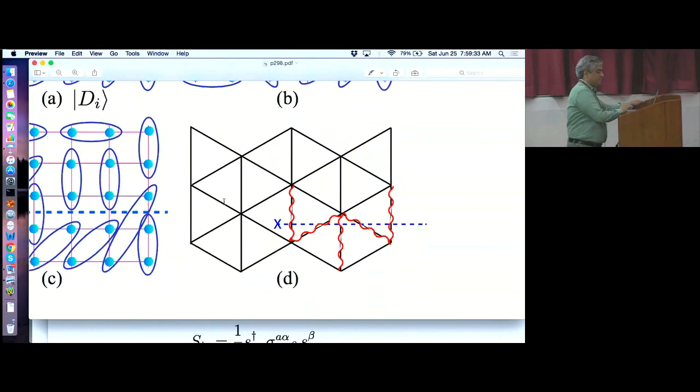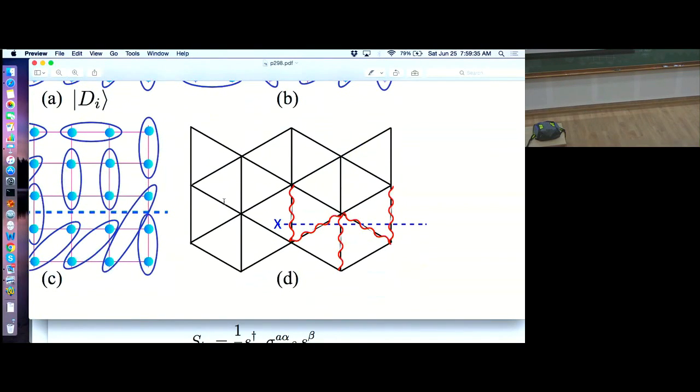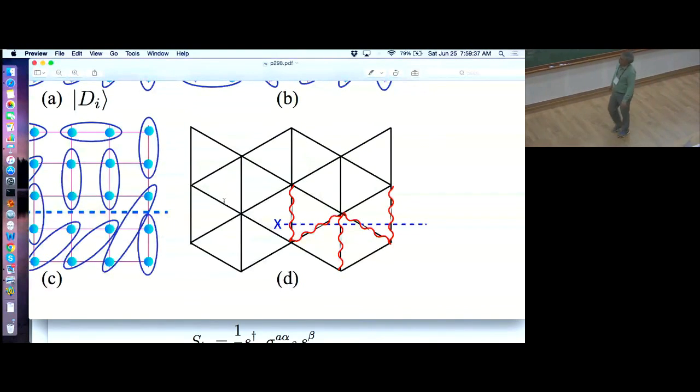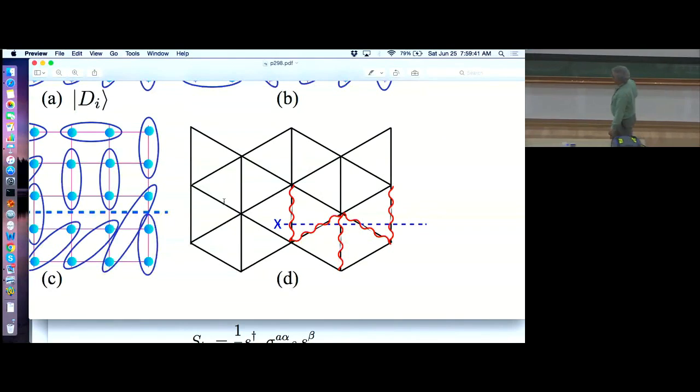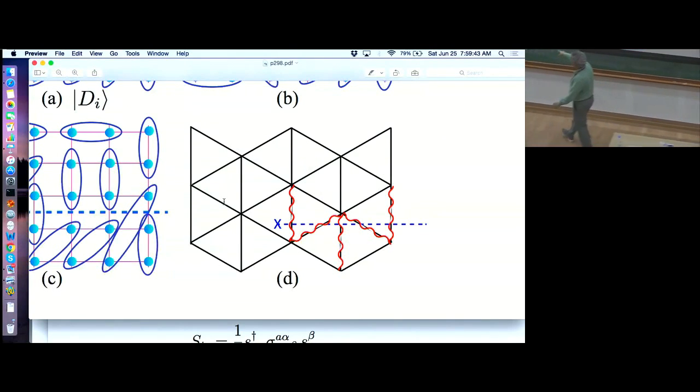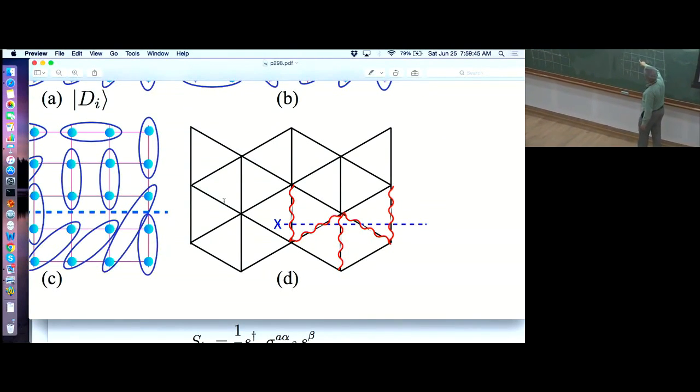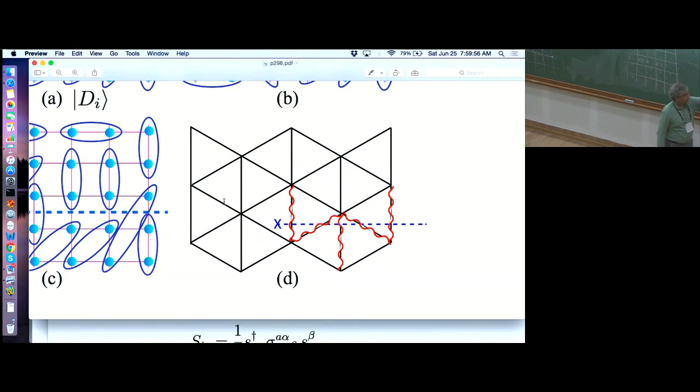is the following thing. I put an X where there's a magnetic charge, and then I draw a branch cut starting from the X. So this is just like here, starting from the X, there was a branch cut. It doesn't cost any energy, but it flipped these spins, and this goes off to the other guy, all right? And here, what do I do? So here's the following thing.